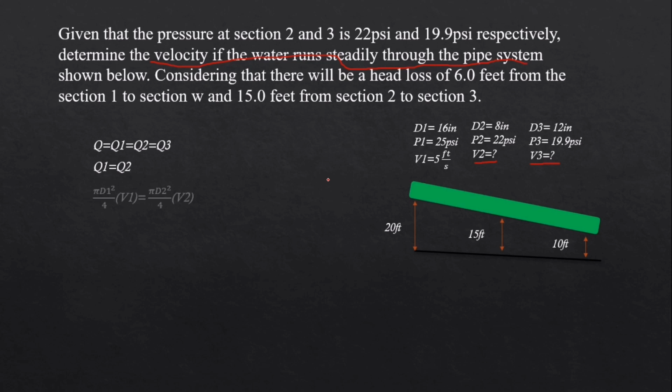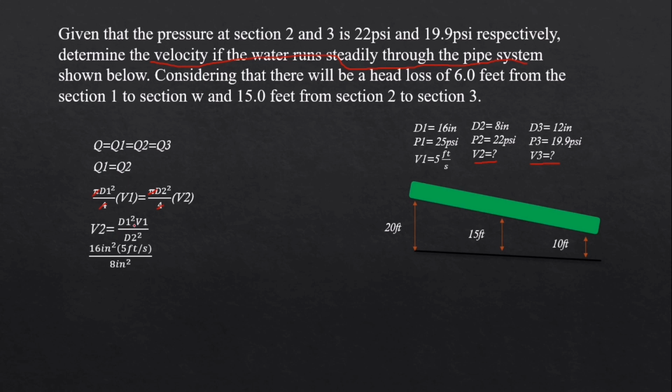Then therefore, Q is equal to AV, which could also be pi d1 squared over 4 times v1 equal to pi d2 squared over 4 times v2. In this situation, we could cancel this out so that we could find the value for the velocity in section 2. Then therefore,